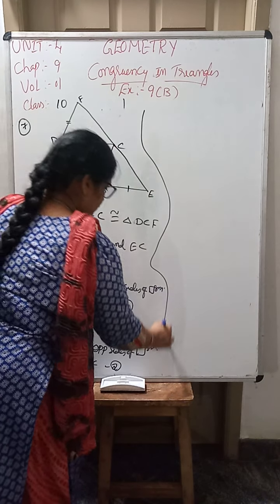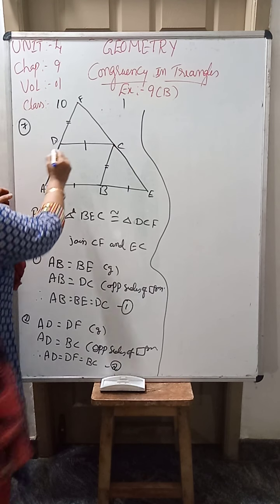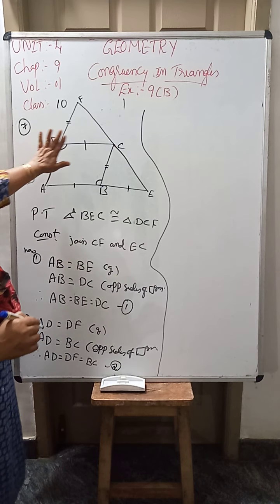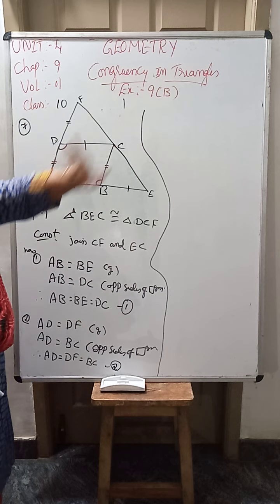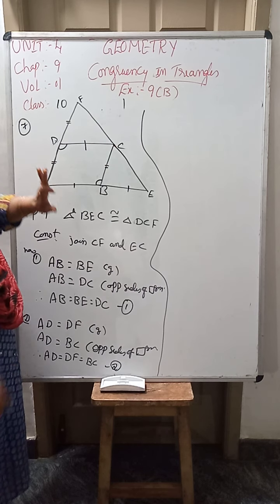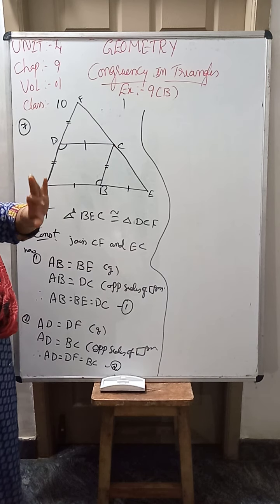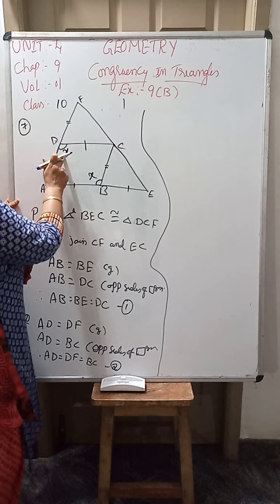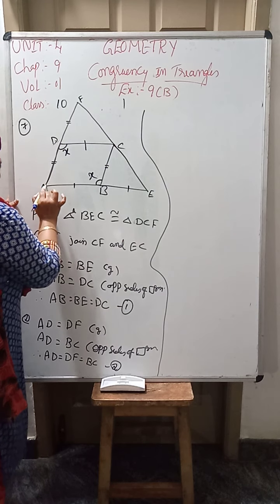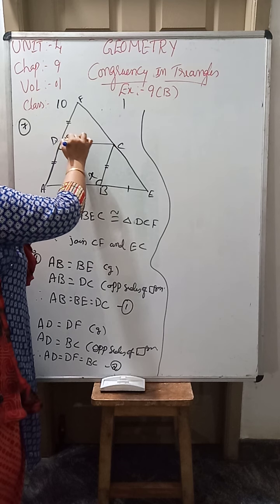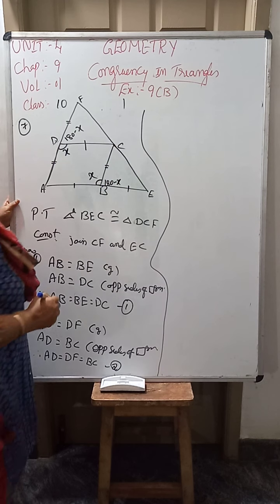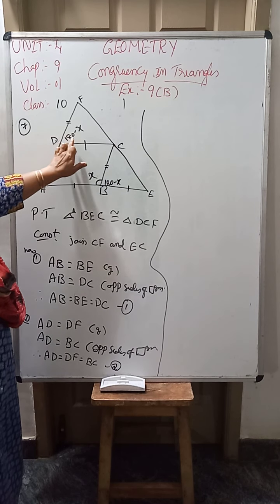Now, children, we know that in a parallelogram, opposite angles are equal. First I am giving all the supplements. Later, let us prove these two triangles are congruent. In a parallelogram, opposite angles are equal. So let us call this angle ADC as x, and then ABC will be x. Opposite angles are x. Of course, this is a straight line, so this will be 180 minus x. Here also it will be 180 minus x. I think you come to know the things.